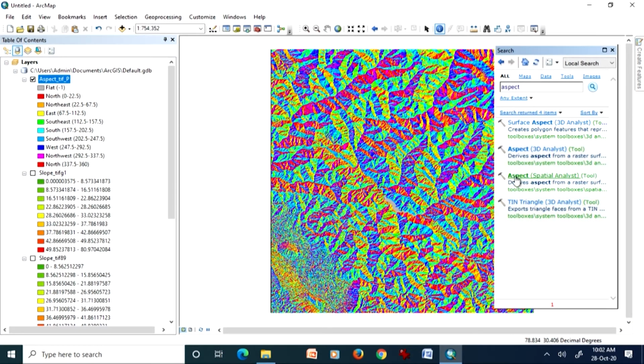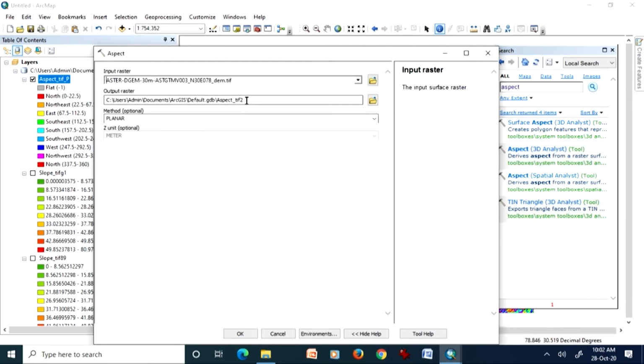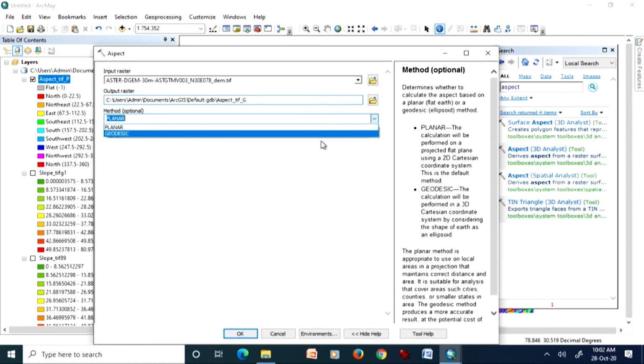I will do it with another method, and then we will compare and see what differences they bring, and inspect the differences in values by using this identify tool. Okay, so this one, and here I will use the G word for geodesic, so instead of planar we will choose the geodesic method.